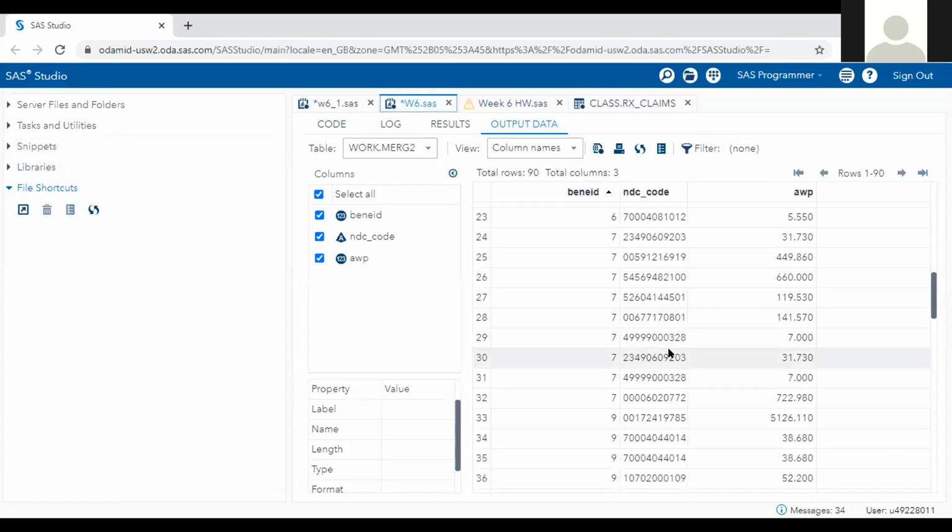This one and this one. 29 and 31? Yeah, there was repetition of these two codes in NDC FAD. I see. Let me check. I exported the NDC FAD in Excel format and I just sorted it and found out that there was a repetition.